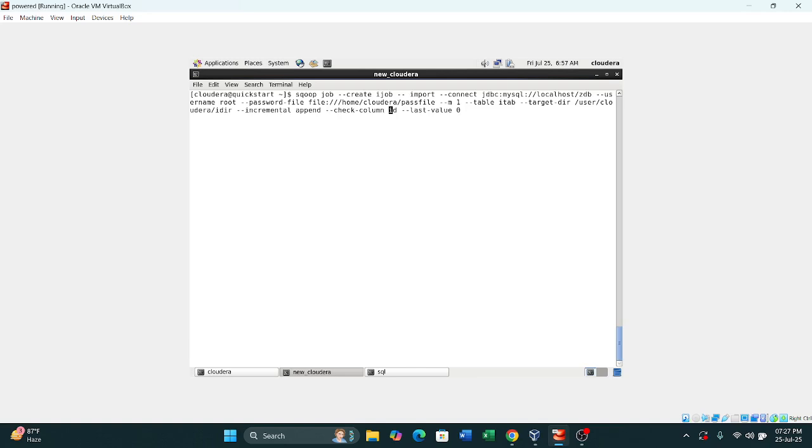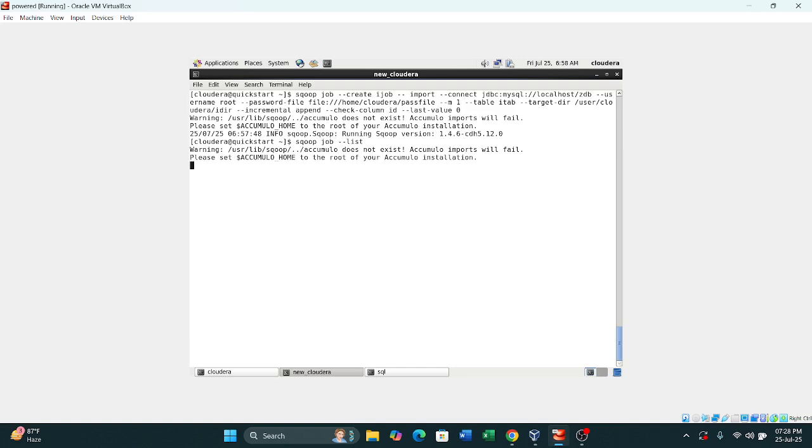And actually this column should be taken in the incremental nature, like a date column, timestamp column, or ID column. So we just shoot it. Now you can see our iJob is created. How can we validate it? Sqoop job --list. You can see very clearly here iJob